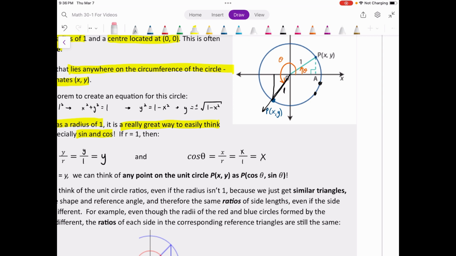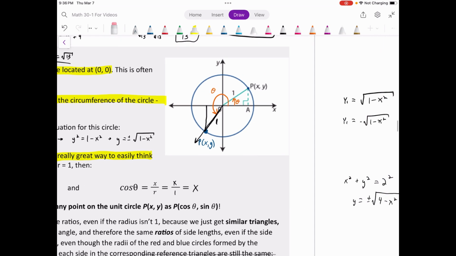It's pretty powerful, right? A powerful tool. Like, again, whatever this point is here, let me just clear this up a bit. I've added a lot of stuff. Whatever this point is here, it's a point, so it has an x and a y coordinate, but it's a point on the unit circle. And so if we picture an angle that goes through that point, or whose terminal arm goes through that point,